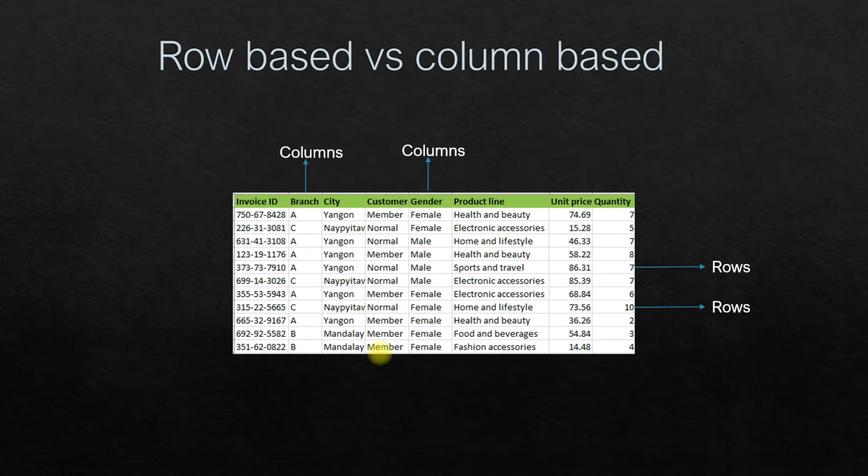Here you are saving a lot of space, network bandwidth and computation power, and of course you'll achieve better performance. Now coming back to our topic, Parquet is a column based file format, whereas CSV, Excel and JSON are row based file formats.